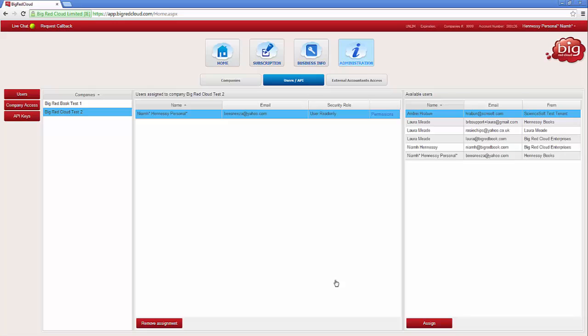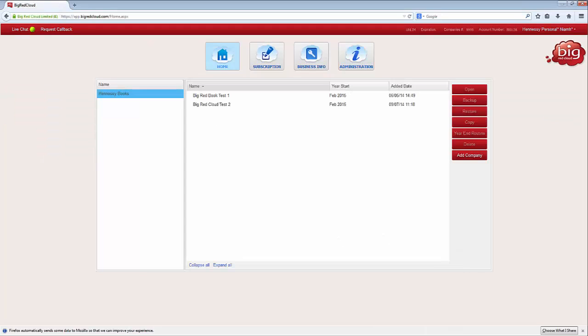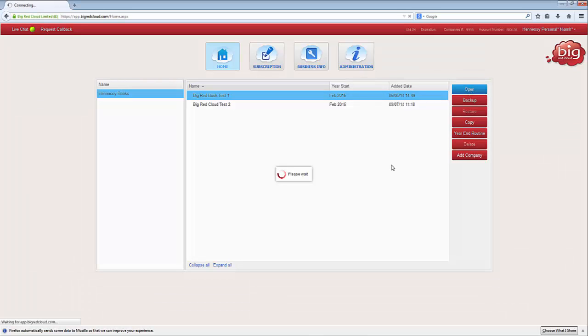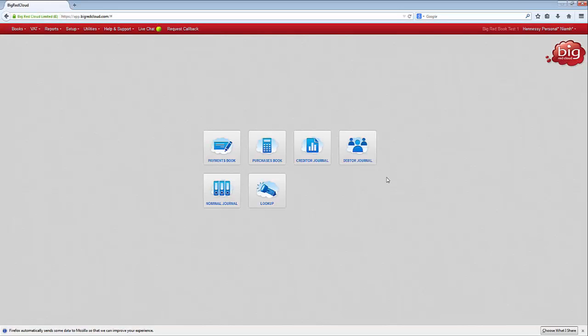So I have unticked a number of options for these users. Now let's take a look and see how the user sees this information. So you just need to log on to the administration account. I'm just going to click over to a different browser, and here's my user. So starting off with the Big Red Test Company 1, if I click on Open, we see that the options for the cash book and the sales book are no longer there. The payments book is there,